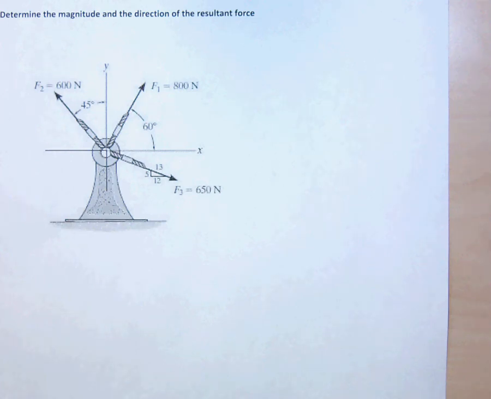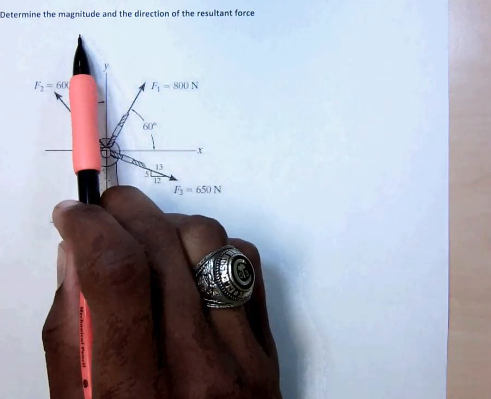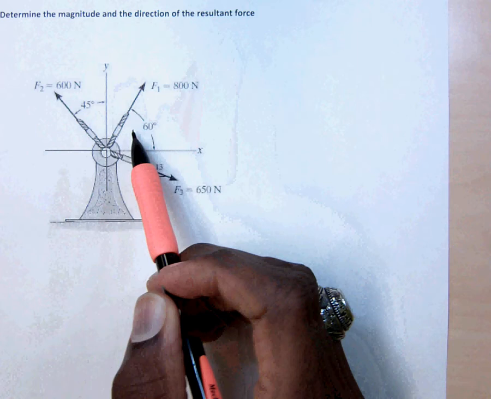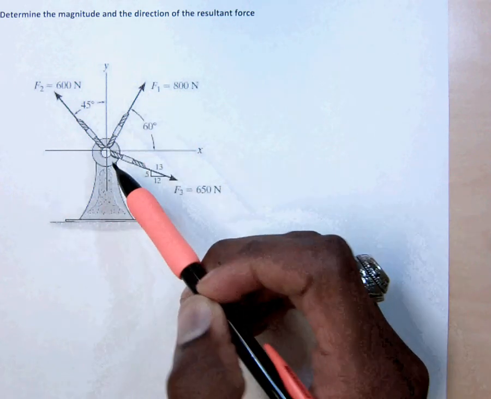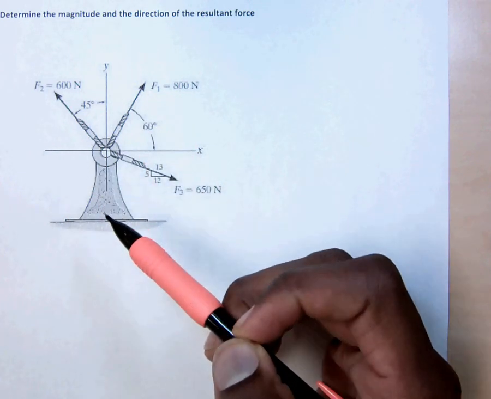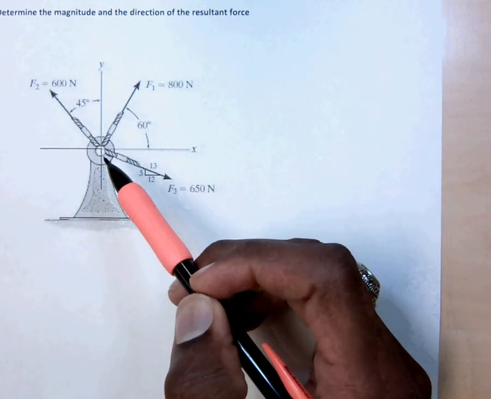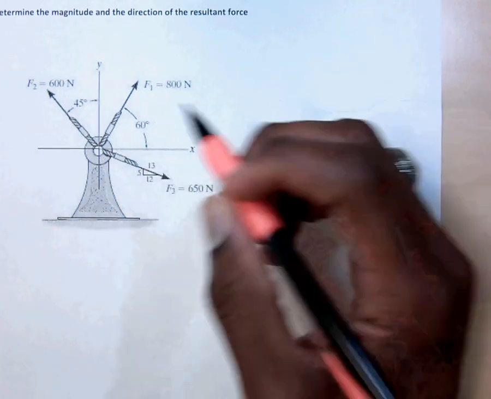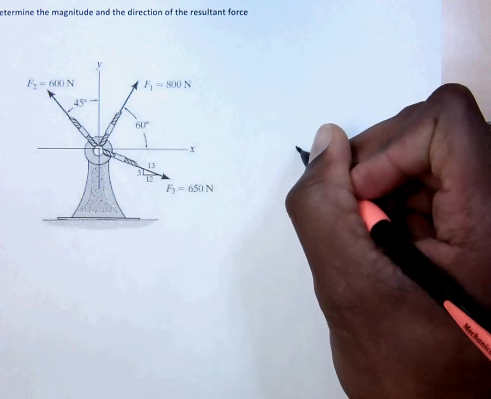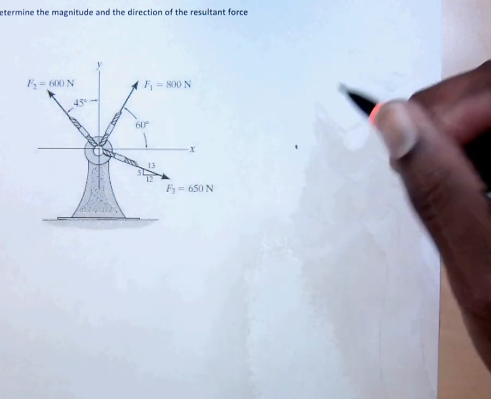I am here explaining a basic statics problem in which we are to determine the magnitude and the direction of the resultant force of all of these forces on this particular eye hook. Okay, and so the first thing that we are going to do is draw our own free body diagram. And our free body diagram is going to include all of the forces,